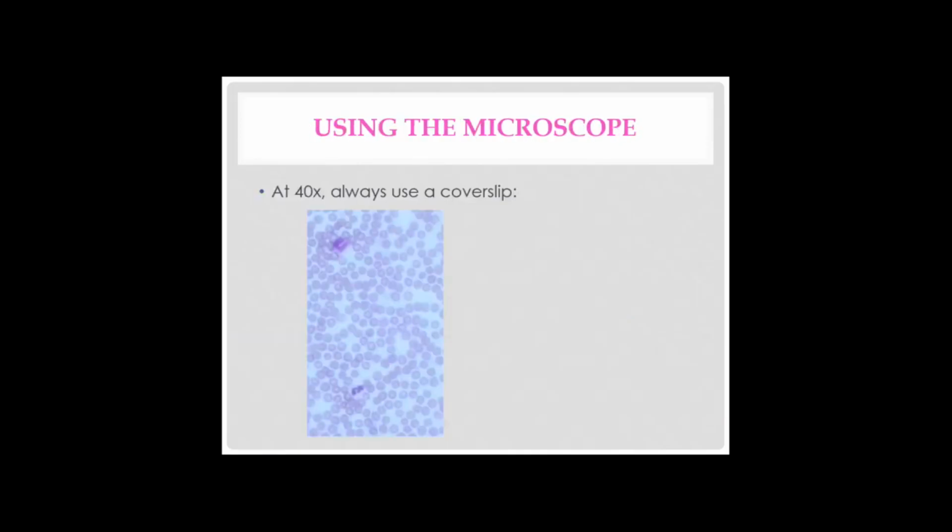A last point, which is essential for you to properly examine your slides, concerns the use of the 40 times magnification lens. The 40 times magnification dry lens, which is standard issue on most microscopes, is designed for use by histopathologists, and they always use a cover slip. Because the cover slip reflects the light, the 40 times magnification lens is made with a correction for this diffraction. If you do not use a cover slip, the image will therefore be blurry.